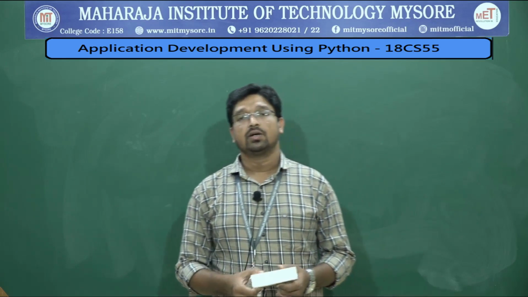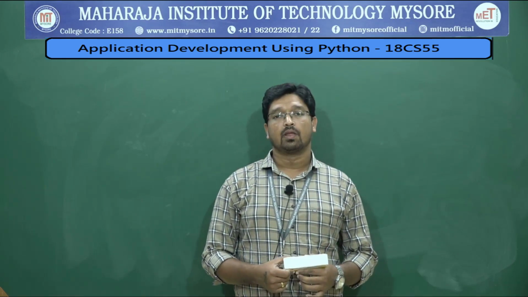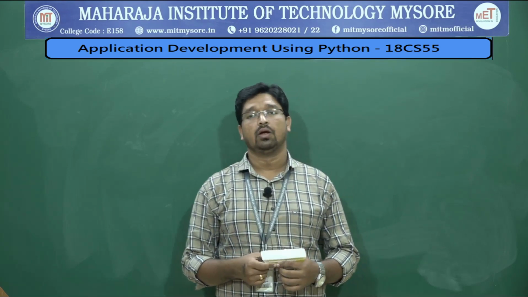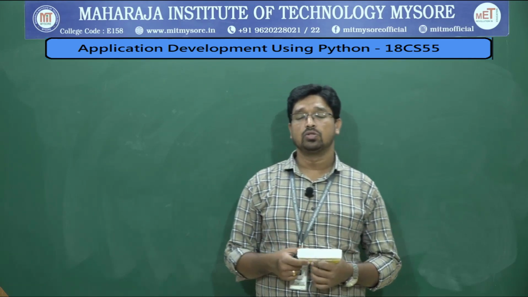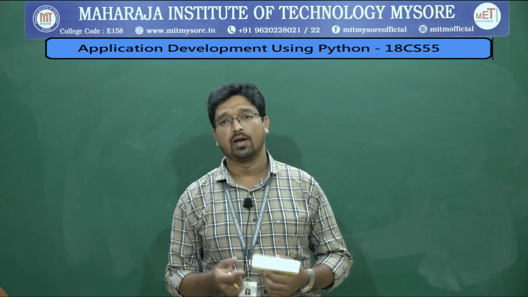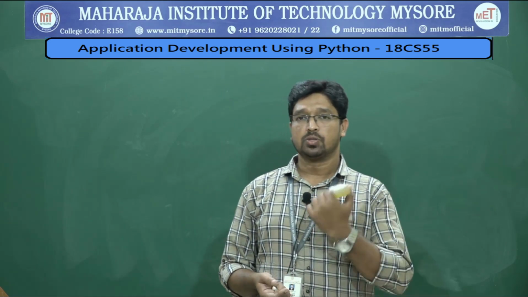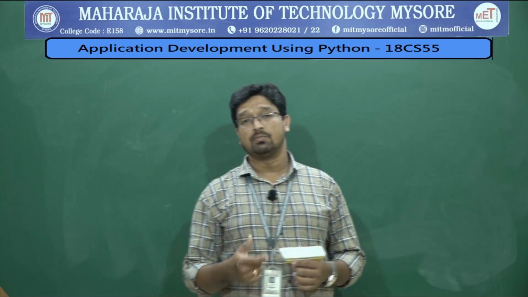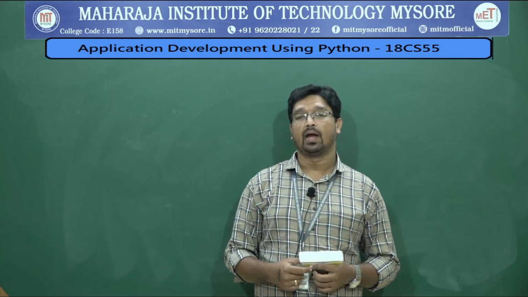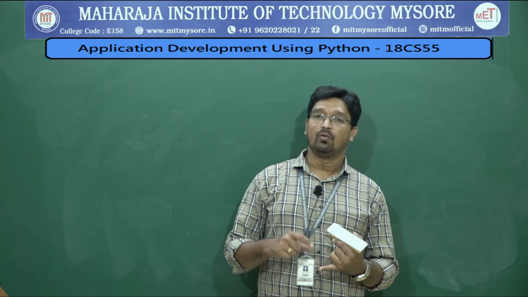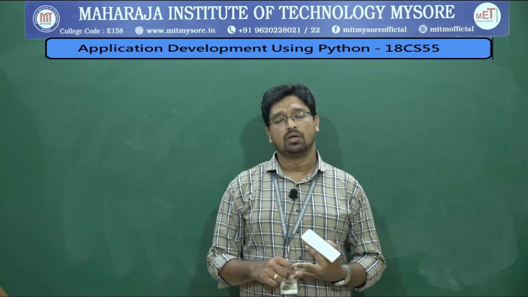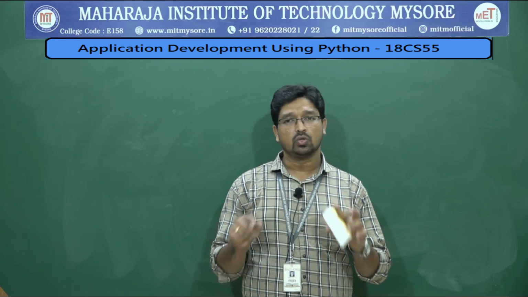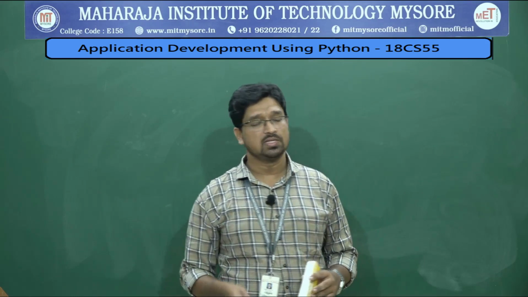Okay, next consider a problem statement and try to solve this problem using Python, and you should also make use of try and except, and you should raise an exception. So the problem statement is like this: you need to take a symbol from the user and you need to take width and height information, and you need to generate a rectangle using those symbols. The problem is very simple.